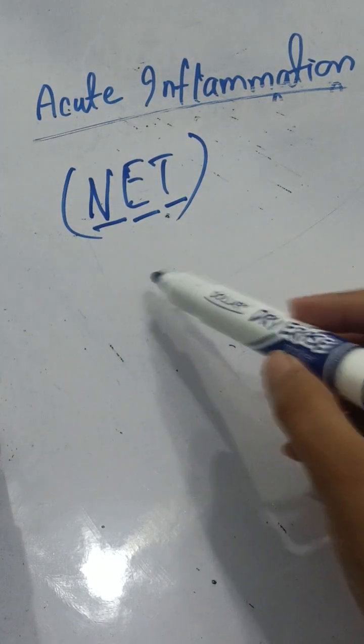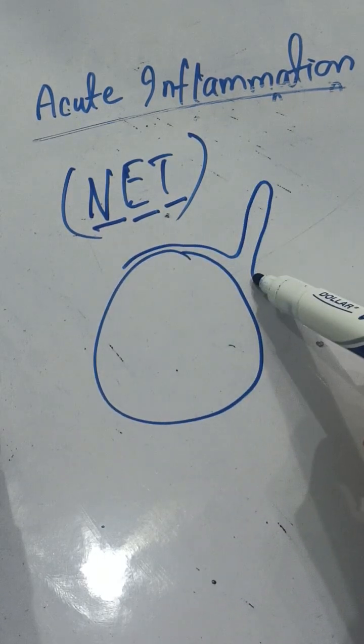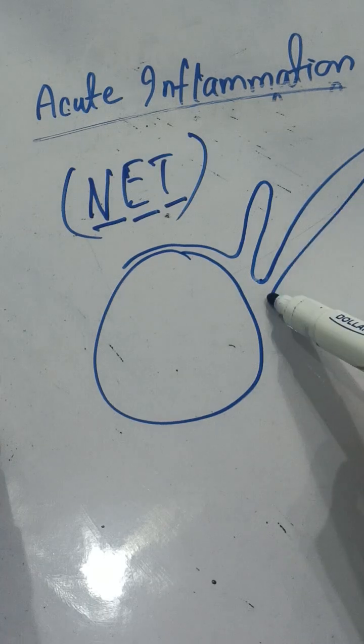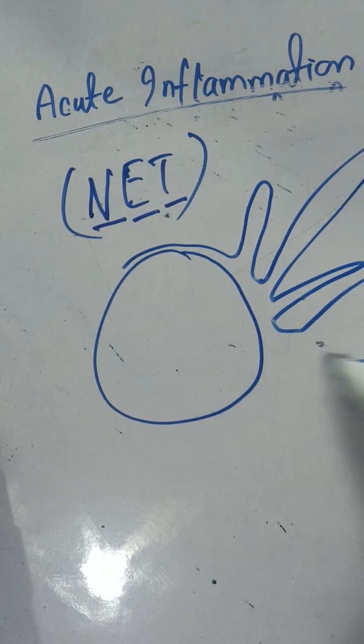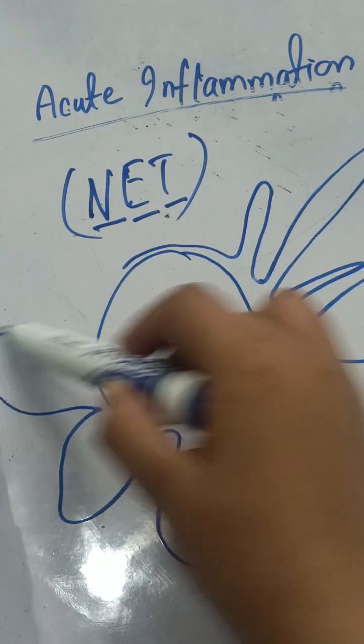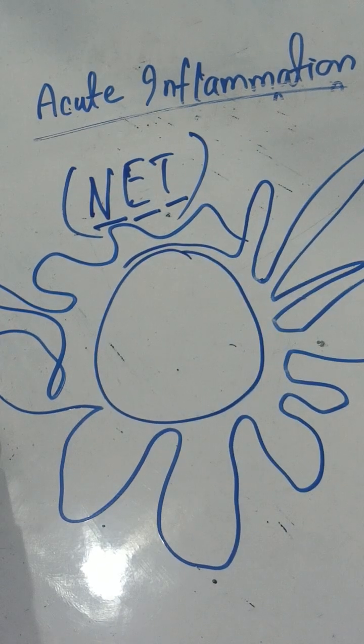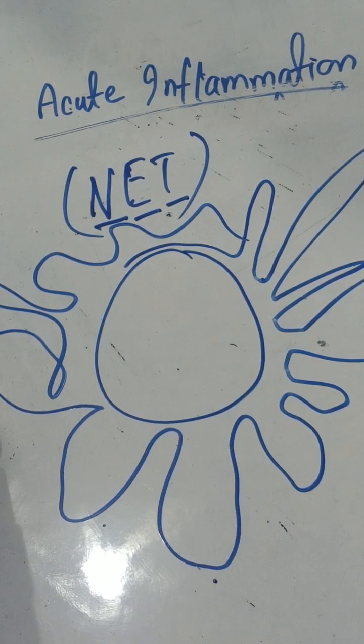The neutrophil forms a pathogen trap by extending cytoskeleton pseudopods around itself, like this. I am drawing very badly, so bad my drawing, oh my god. So just forget that; you have to keep in mind that neutrophils form a network of traps, and these traps contain some nucleochromatin, some antimicrobial proteins and antimicrobial enzymes.